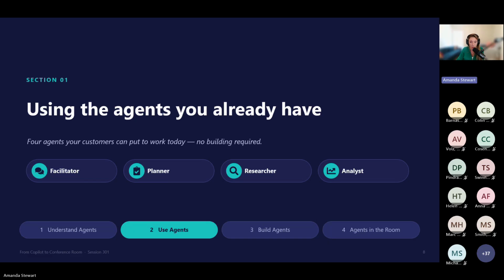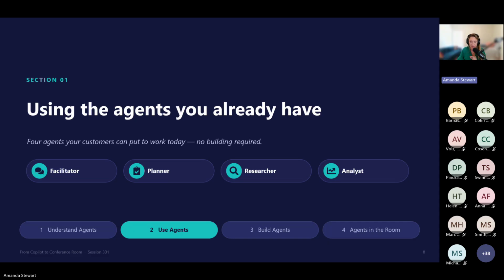So if we look at these four: Facilitator, Planner, Researcher, and Analyst, I picked these because together they tell a complete story. Facilitator runs your meeting, Planner turns it into work. Researcher and Analyst show that agents go way beyond meetings into deep thinking and data. But again, you want what I call the vault of knowledge that you created from your meetings and Facilitator, and your tasks from those meetings and Planner. You want the Researcher and Analyst agents to have access to those vaults of information that you built in your meetings.